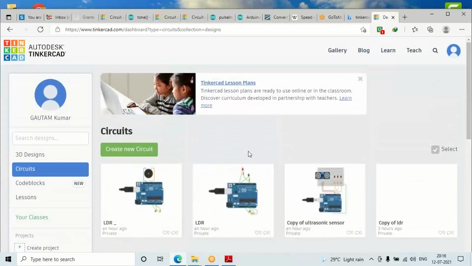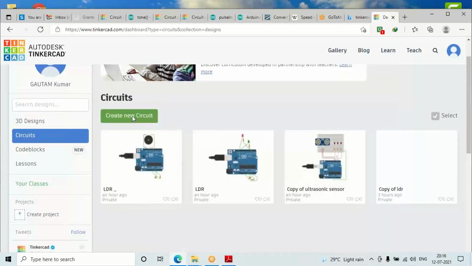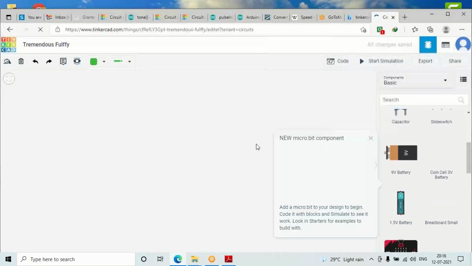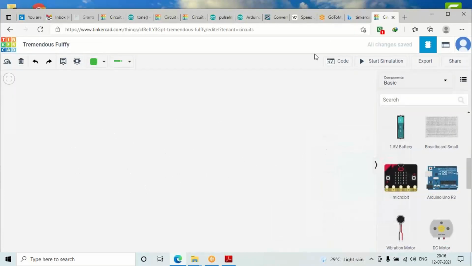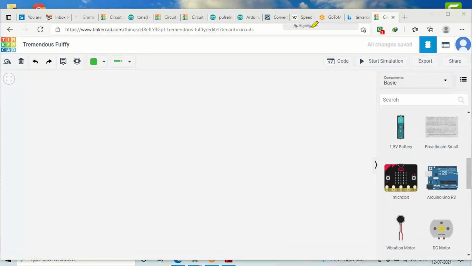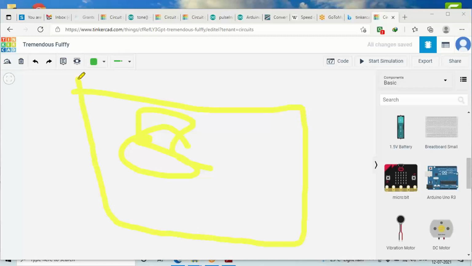So suppose if you want to start from the beginning, you can click on create new circuit. Okay, so when you click on create new circuit, you get a new dashboard like this. And on this white screen which you are seeing here, you can create your own project. You can completely prepare your circuit diagram and you can run your project.